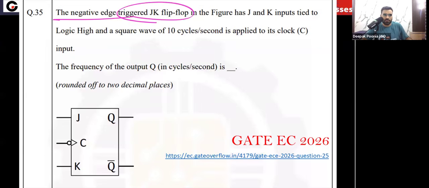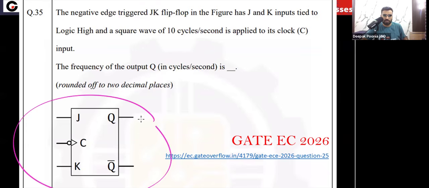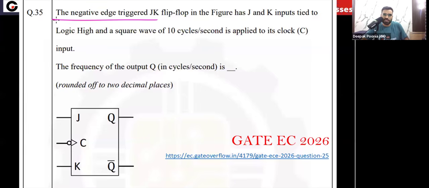The question says: the negative edge triggered JK flip flop. In the logical diagram also, you can see this symbol means negative edge triggered. This is a JK flip flop operated by this clock. The negative edge triggered JK flip flop in the figure has JK inputs tied to logic high, meaning J and K are fixed at 1, JK equal to 1 1, and a square wave of 10 cycles per second